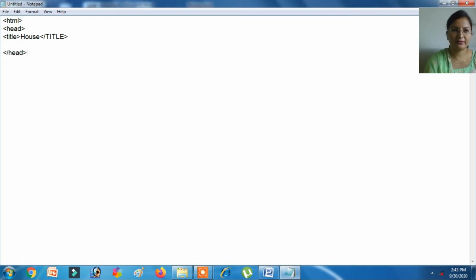Head closed, body starts, heading. You might have seen one heading, one picture, and a paragraph is there. So we can make a common code first.